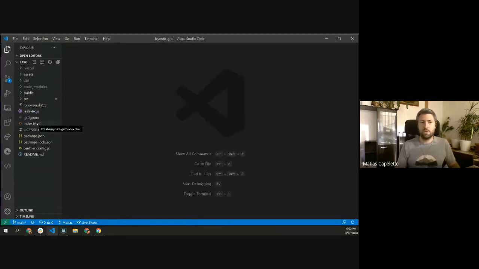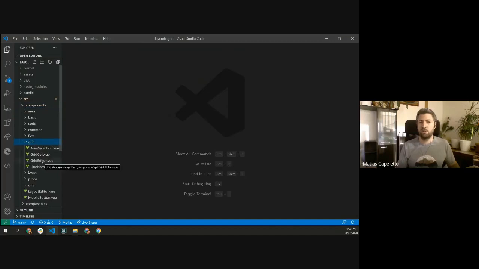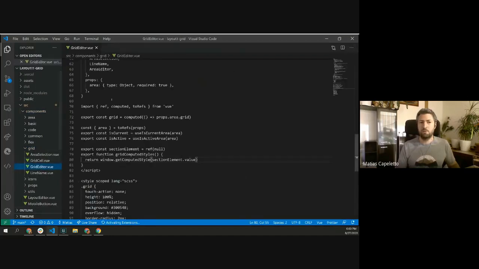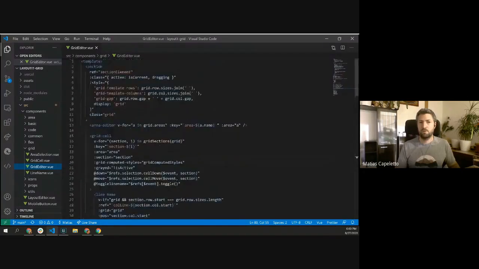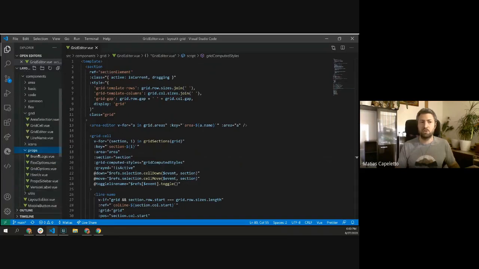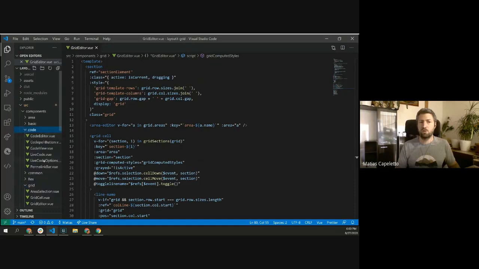So I have opened here. You can see that I have a lot of components. If you see the grid, we have a grid editor, and you have the props sidebar with the options. You have the live code, also components for the other sidebar, and it's the same idea of using components to really break the complexity into the smallest pieces